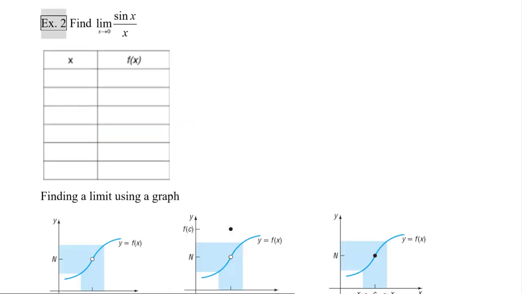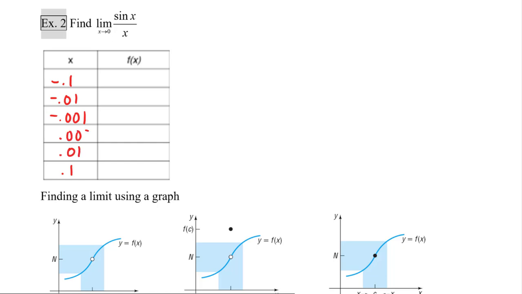Example 2. Find the limit as x approaches 0 of sine of x over x. So again, I'm going to try to approach 0 from the left and from the right. Negative 0.1 is very close. Negative 0.01 is closer still. And finally, negative 0.001 is very close. From the right, I'll start at 0.1,